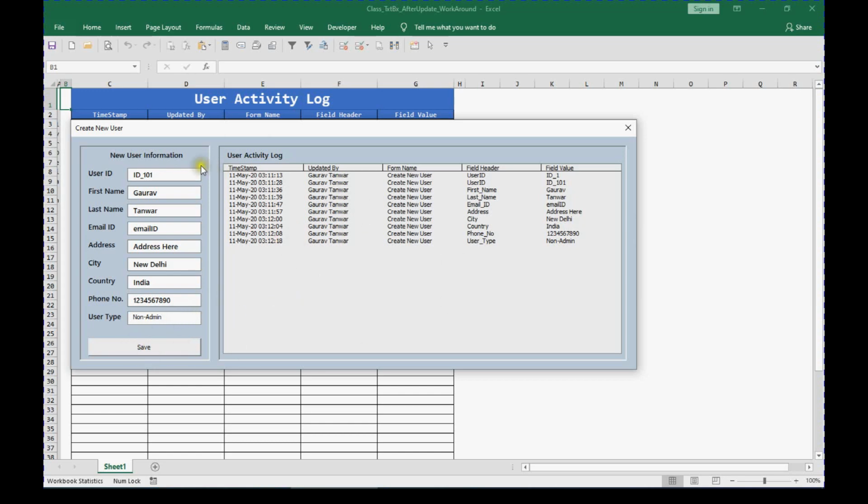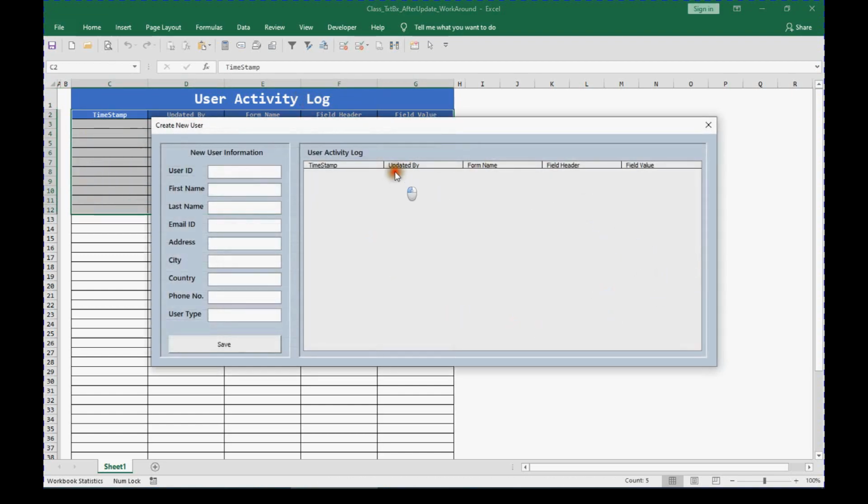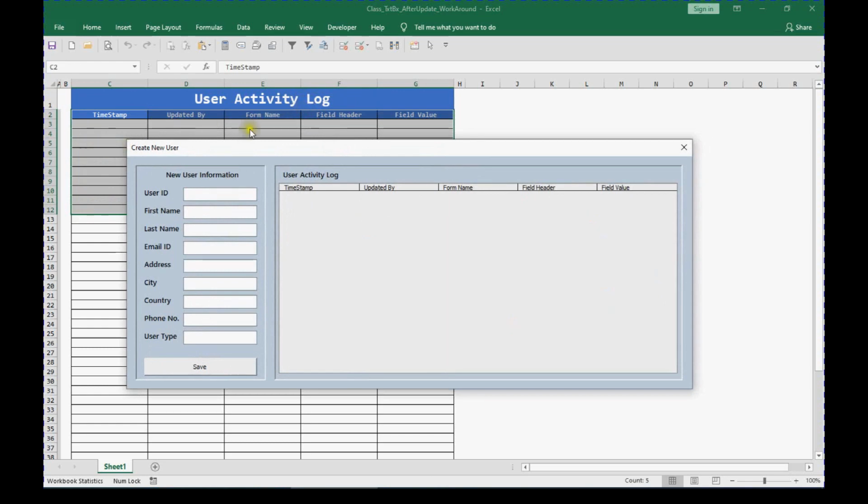So we'll go into the VBA code and see how we are capturing all these inputs. I didn't put in any further code. The save button is there, but the save button just unloads the form. So this is how we are capturing the input, and these inputs are listed in the list box we saw here. As soon as I click on the new form, the old information is deleted and the fresh form is available for the new user information input.